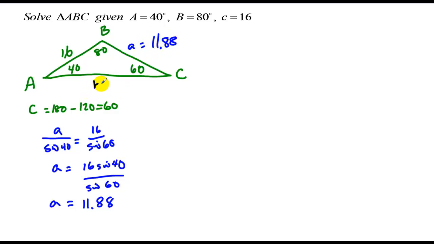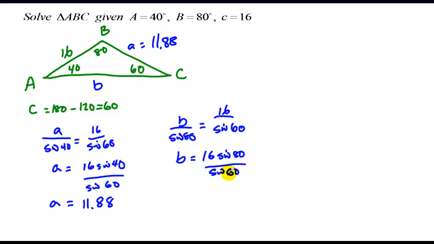Moving on to side B, we take B over the sine of 80 is equal to, and I'm going to use what was given to me in the problem, anything that doesn't have rounded answers, because once I start using rounded answers to calculate a new answer and then round that, then I have multiple rounds, which isn't as accurate. So I'll take 16 again over the sine of 60, multiply by that sine of 80 again. I have 16 sine of 80 over the sine of 60 is equal to B,